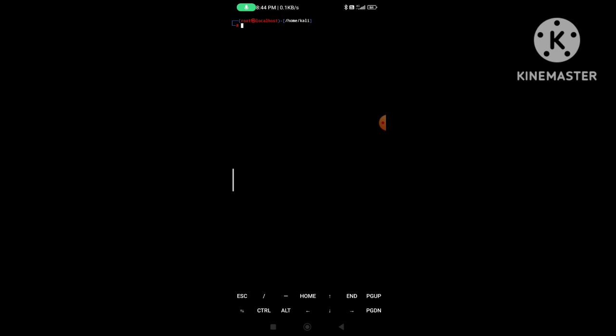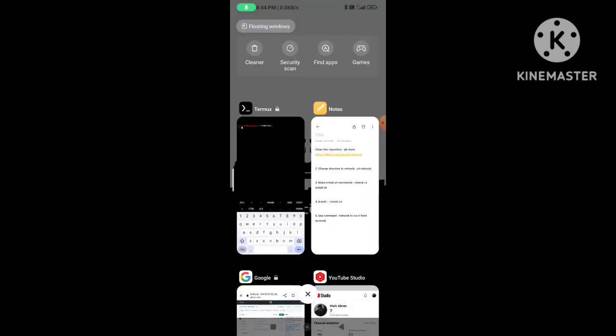First, update and upgrade your terminal. To do that, you have to type apt update and apt upgrade. It will take some time in your terminal, guys. If it asks for Y or N, you have to type Y for yes. After that,